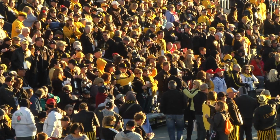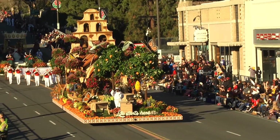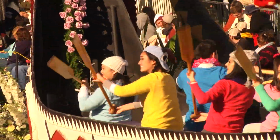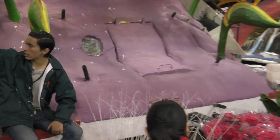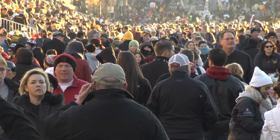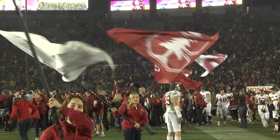More than 700,000 visitors and residents found their adventure at the 2016 Rose Parade and Rose Bowl game. It's not only the world's premier New Year celebration, it's also weeks of planning and preparation to showcase the grandeur of Pasadena's biggest event. Bringing the whole city together, this year featured Pasadena's new mayor, Terry Tornick, a football showdown